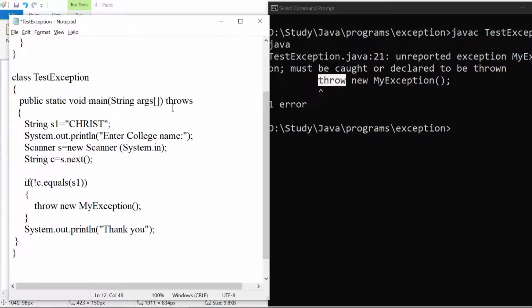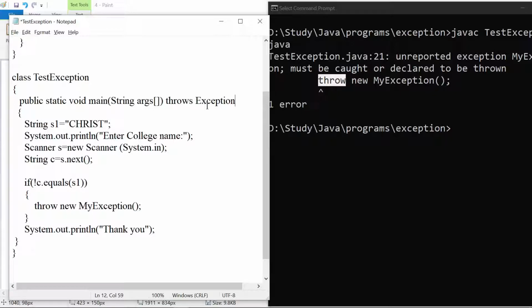So throws, what type of exception you are going to do here? Exception.